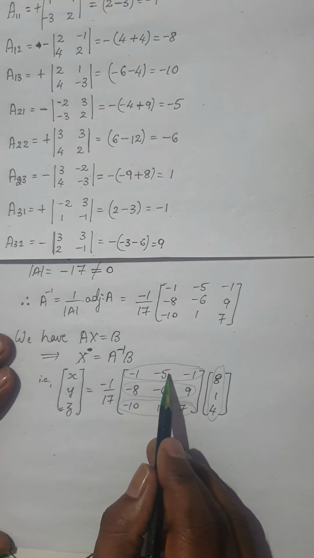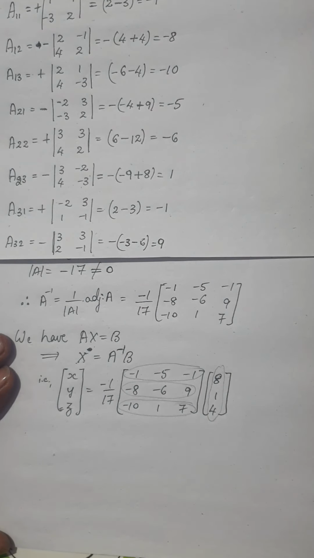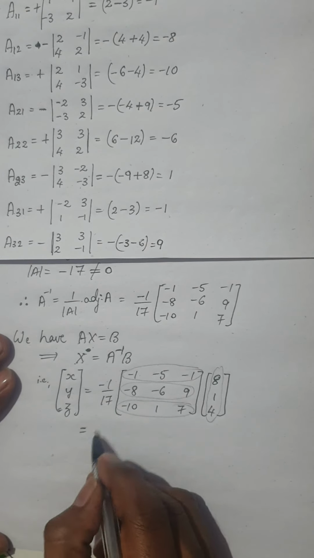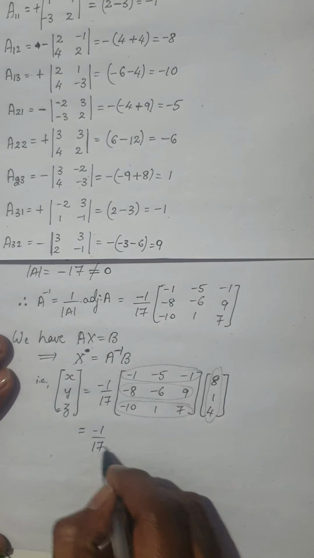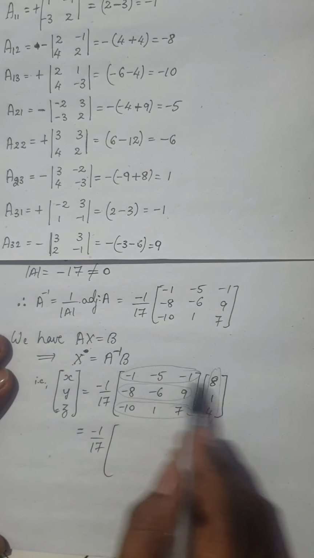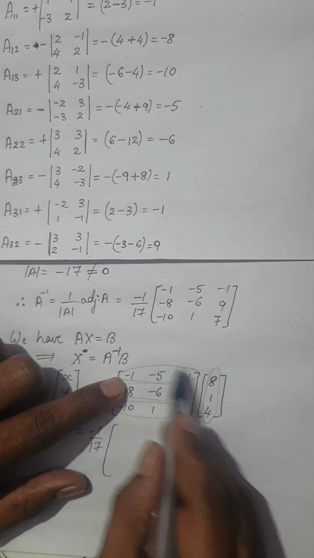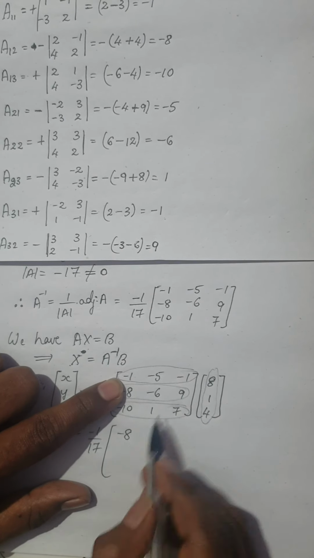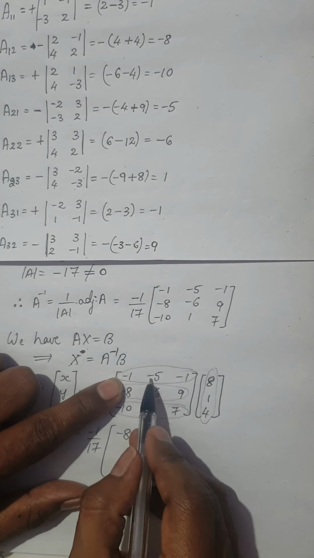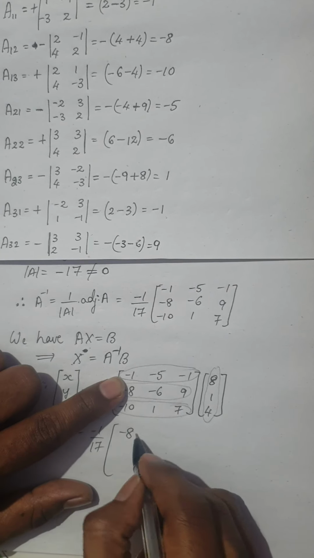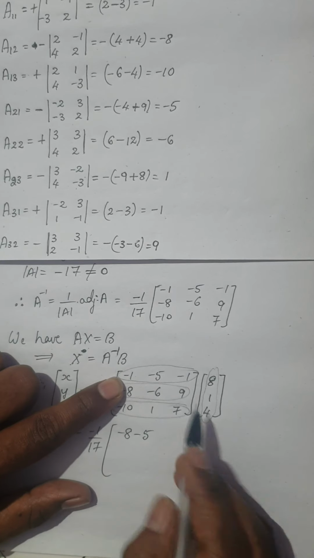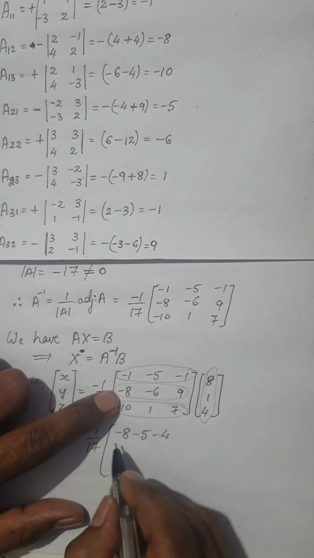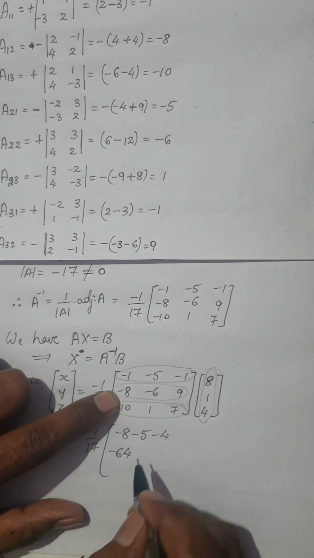Kindly, if you want to follow this procedure, use a pencil, otherwise it will look very shabby here. Okay, now don't try to multiply this term, keep this constant outside as it is. Now minus 1 into 8, please be careful, row column multiplication, minus 1 into 8 will be minus 8 plus, actually in between term I have plus, but because I have minus 1 into 5 will be minus 5, and minus 1 into 4 will be minus 4. Is it clear?